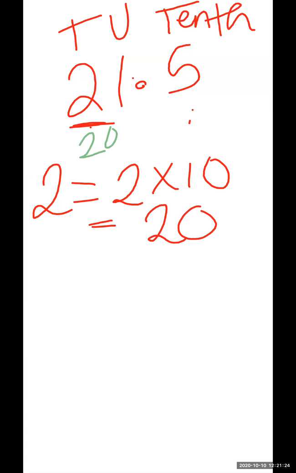So place value of this 2 is 20. 2 का place value क्या आया? 20. Now 1 unit place 1. So 1 into 1 you will multiply by 1 only, na? Because the place value of this unit place is 1. So 1 into 1 is 1. So here place value of this 1 is 1 only.